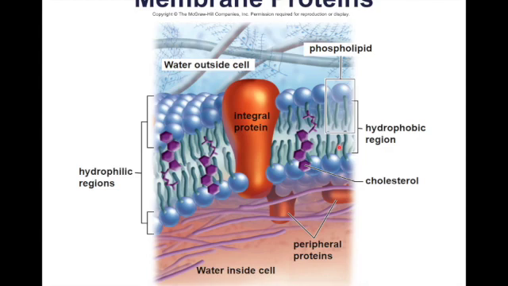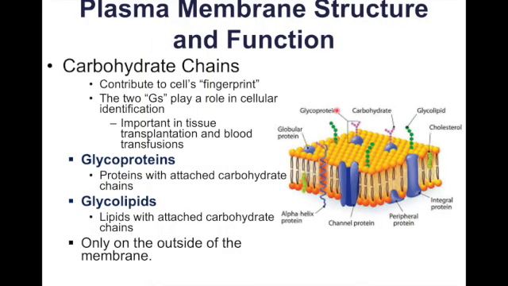And there's just a bigger picture for you guys to see in your notes. You've got the peripheral proteins on the inside, these are integral proteins, and the individual phospholipid. So some of the other things you might find on the outside of your phospholipid bilayer are the carbohydrate chains,